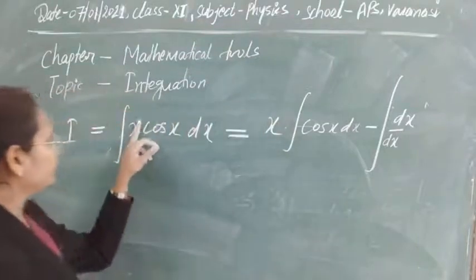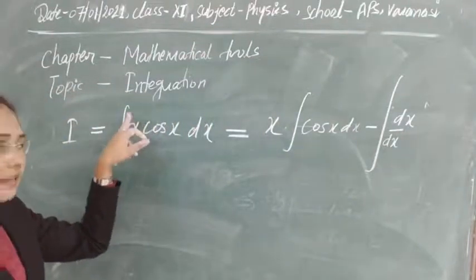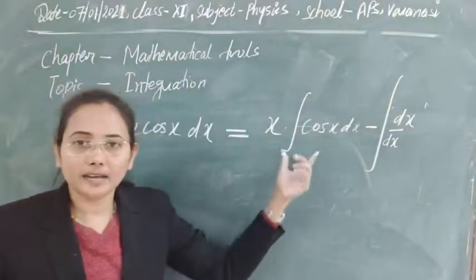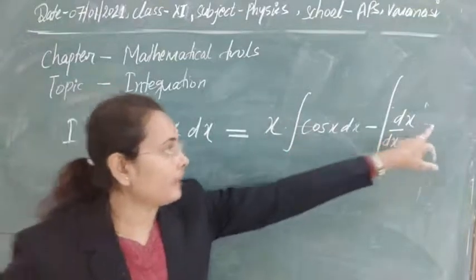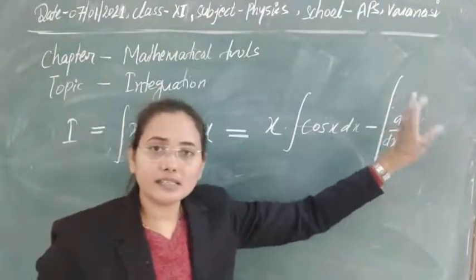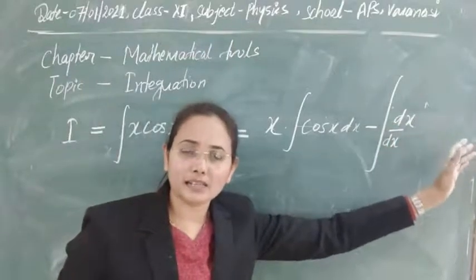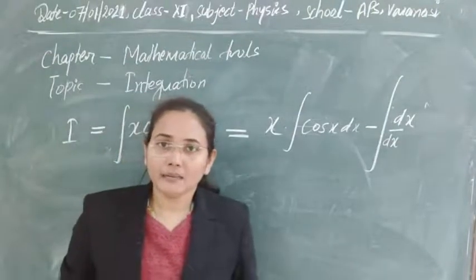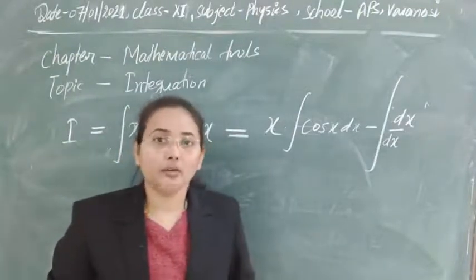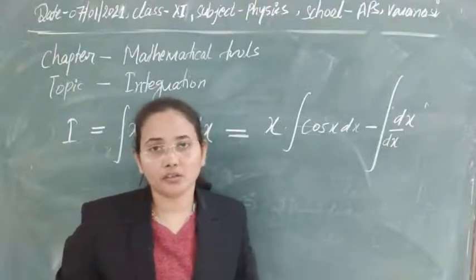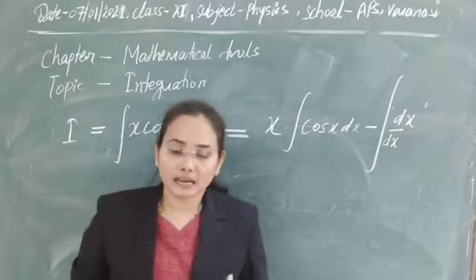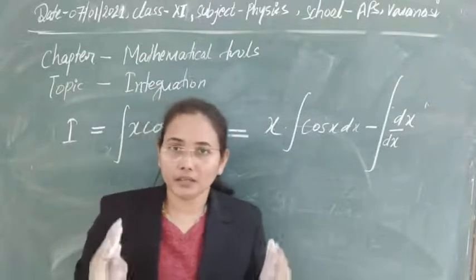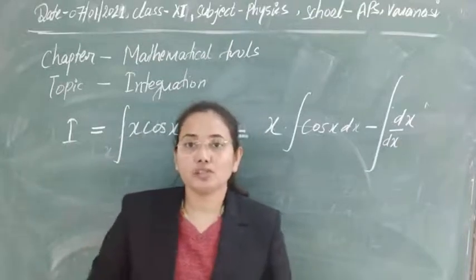Suppose in this problem there was x square, and if you take x square in the integration and cos x outside, then here you will get x cube, and in the other factor if you take cos x, its differentiation will be sin x, and in the integration you will get x cube by 3. Then your problem will be enlarged. You cannot apply by parts there for the solution because the power will increase every time if you use the by parts method there. So this is based on your practice, which function you are taking outside.